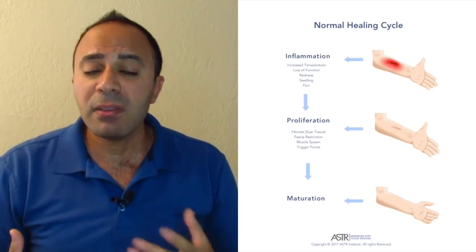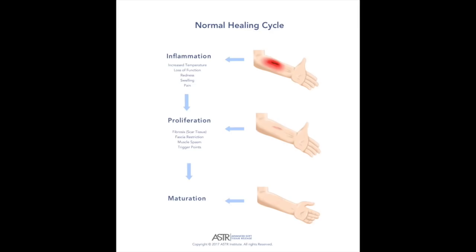So the first stage is inflammation. During that stage, you will have increased temperature, redness, pain, and decreased function. Second stage is the proliferation stage. That's when our body starts to build scar tissue. As you see in the image, the wound starts to close and you start to have scar tissue that covers the area. During the proliferation stage, there's a cascade of events, which include scar tissue buildup or fibrosis buildup,